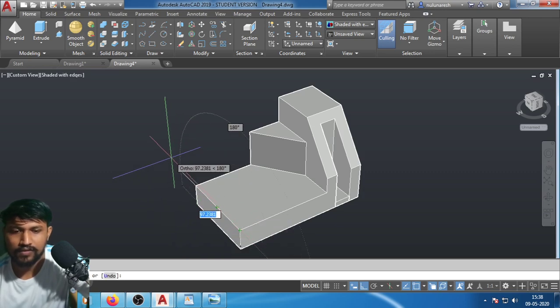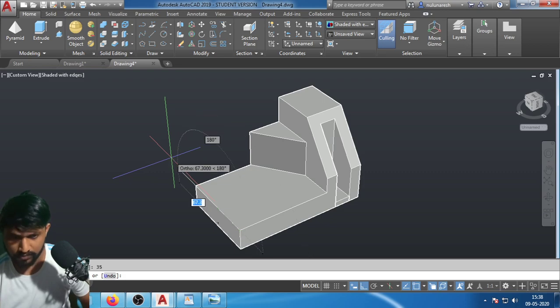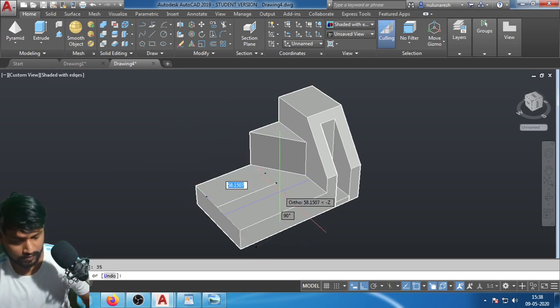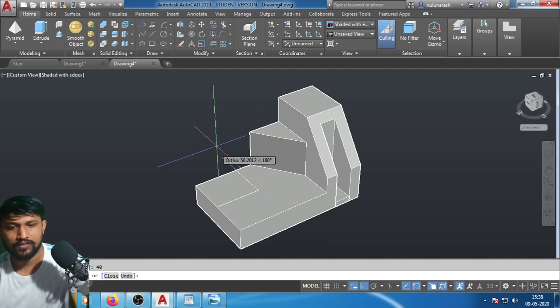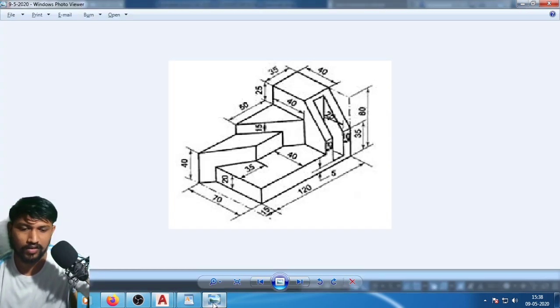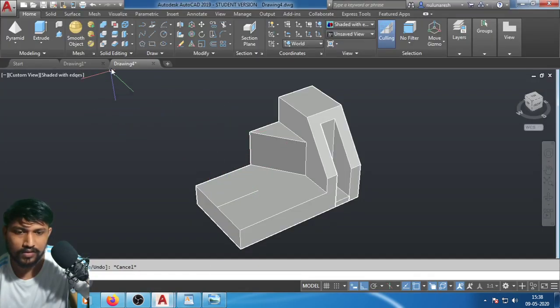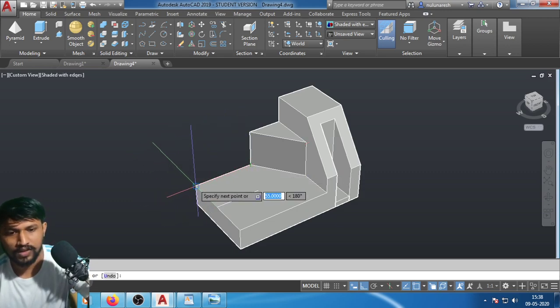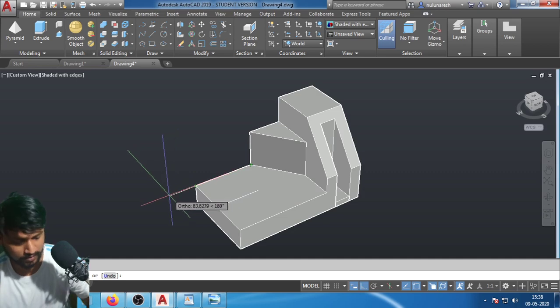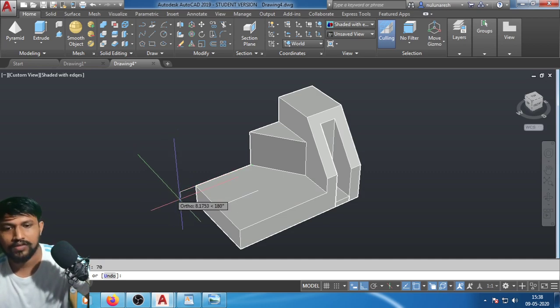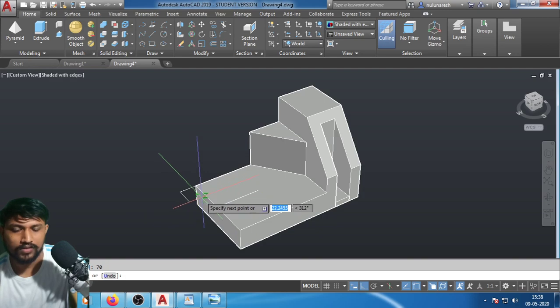35, 40, which means that's the location of this point. So I'm gonna create the geometry, but before that I have to take an extra dimension of 15 here. So I'm gonna draw a line up to this dimension. It is 55. 55 plus 15 means 70. Okay, so after that